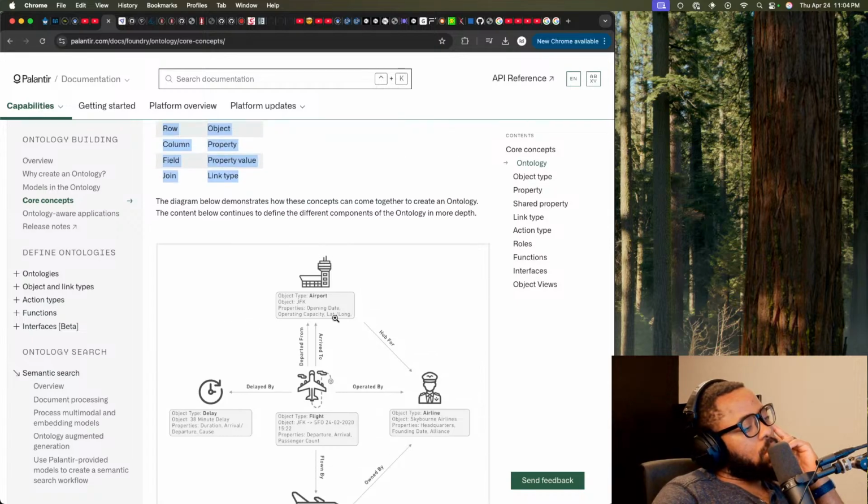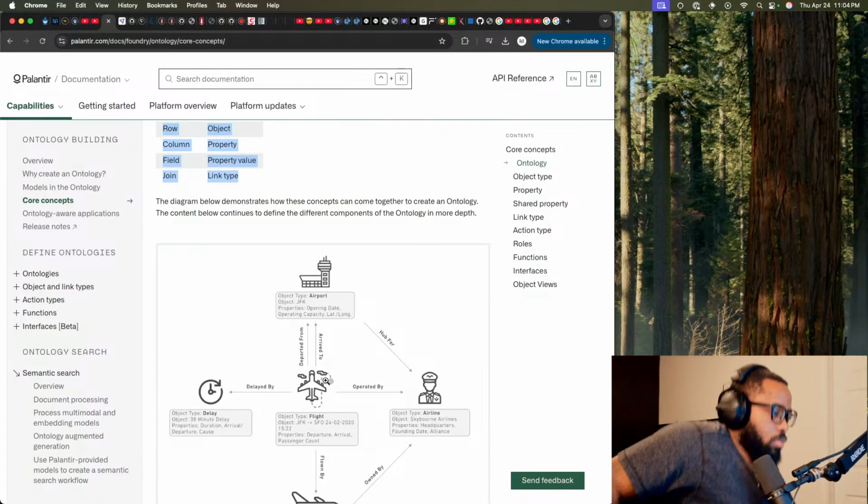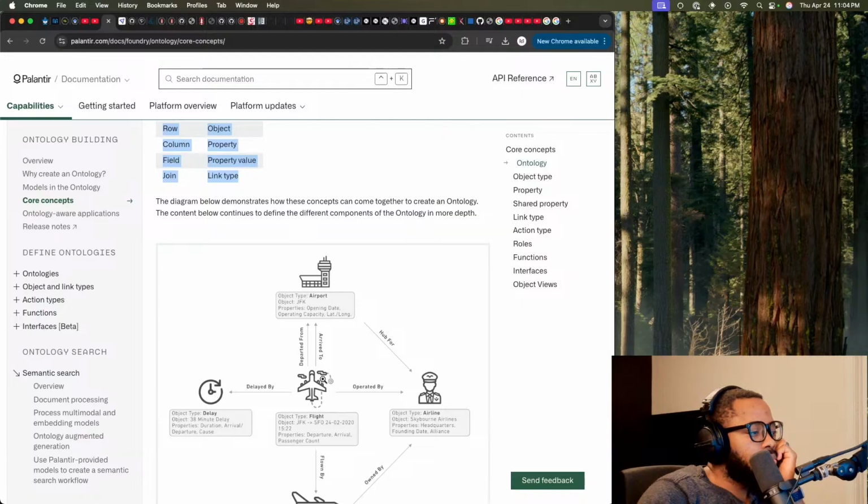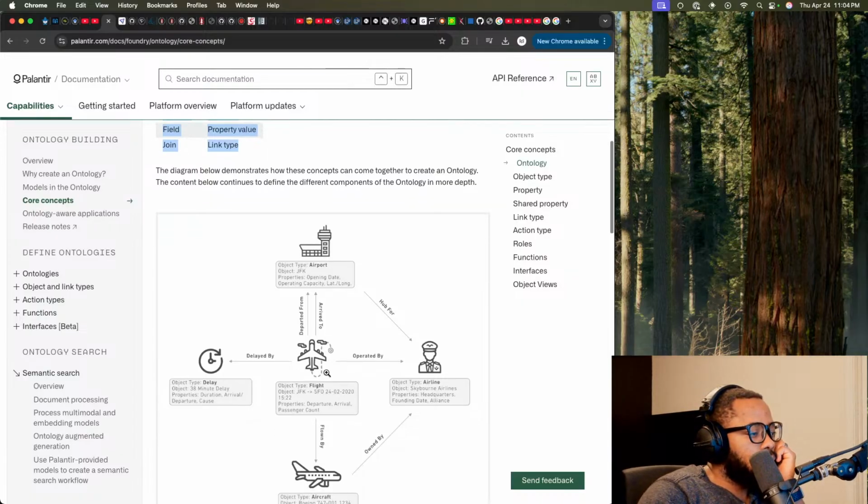These are links. So you need to actually label the links. Departed from, arrived to, this is a plane or a flight. Oh, interesting. Yeah, this is a flight. Although, oh, okay.